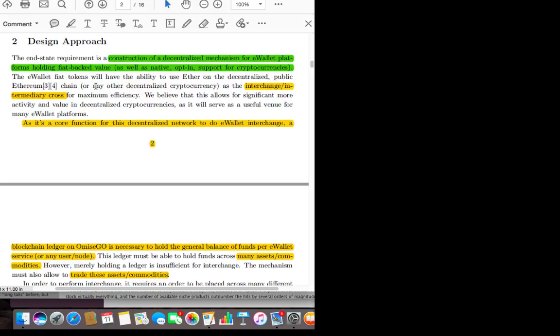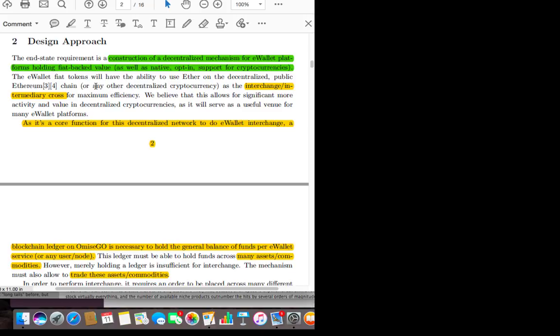Now, the key thing that maybe is not talked about so much, guys, that I want to bring to your attention is, it says here, construction of a decentralized mechanism for e-wallet platforms holding fiat-backed value, as well as native opt-in support for cryptocurrencies. The e-wallet fiat tokens will have the ability to use Ether on the decentralized public Ethereum chain or any other decentralized cryptocurrency. Now, what I interpret that to mean, guys, and I could be wrong here, but how I interpret that is